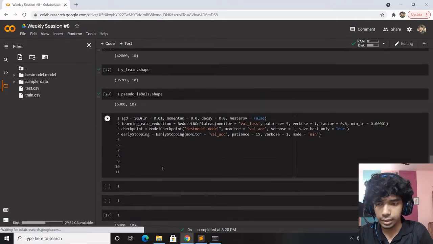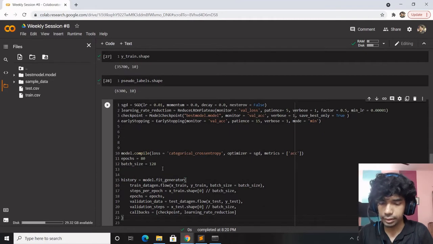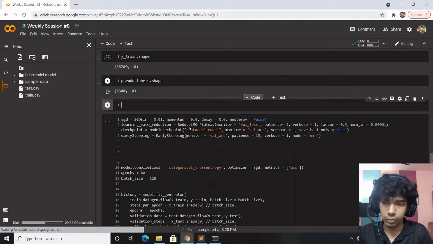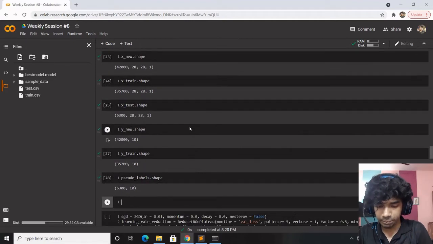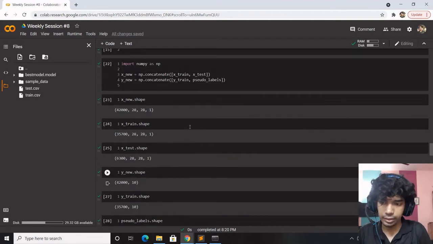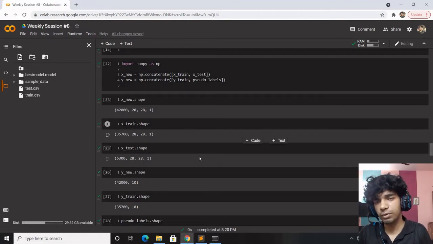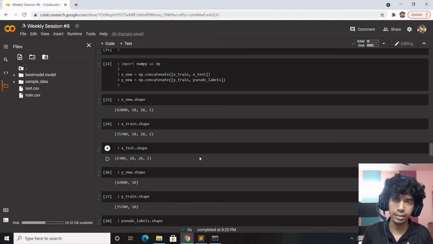As simple as that. If you want, you can split it again into x1 train, x1 test, y1 train, and y1 test, because we need the x train and the x test and y test for final predictions. When you make the submission file, you would need the x test part.